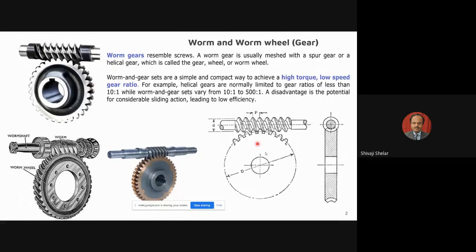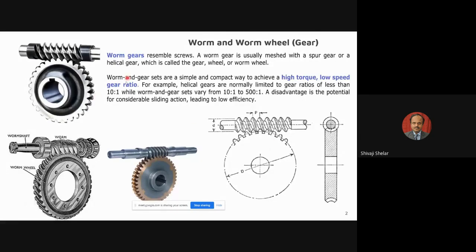If you see the diagram for the engagement in the conventional view, this is a screw element engaging with this gear tooth. Now if you see the side view of this gear wheel, this is the tooth part. In this tooth part, you see some concavity here. So the surface is not straight. It is a concave surface. The tooth top surface is a concave surface, so it is called an envelope. This arrangement shown here is a single envelope. The concept of single envelope and double envelope we'll see in the next slide.